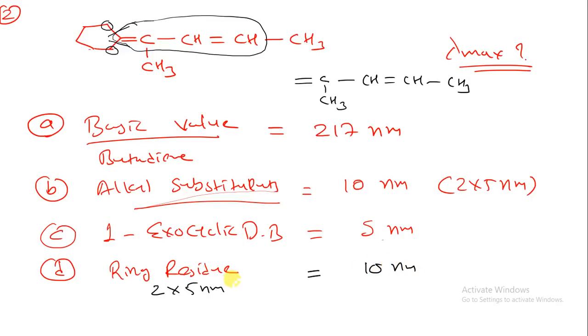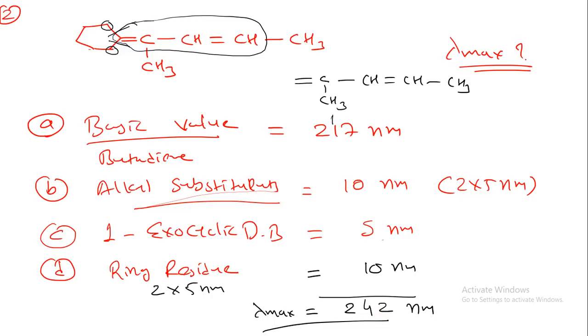Okay, again I am explaining what is ring residue. Here suppose I sum up this thing and then explain it another way. So 217, 7 plus 5, that is 12. So here I have 12, here I put 1 over here, 1, 2, 3, and plus 4, that is 4. So that is 242 nanometer. So the lambda maximum of this structure will be 242 nanometer.